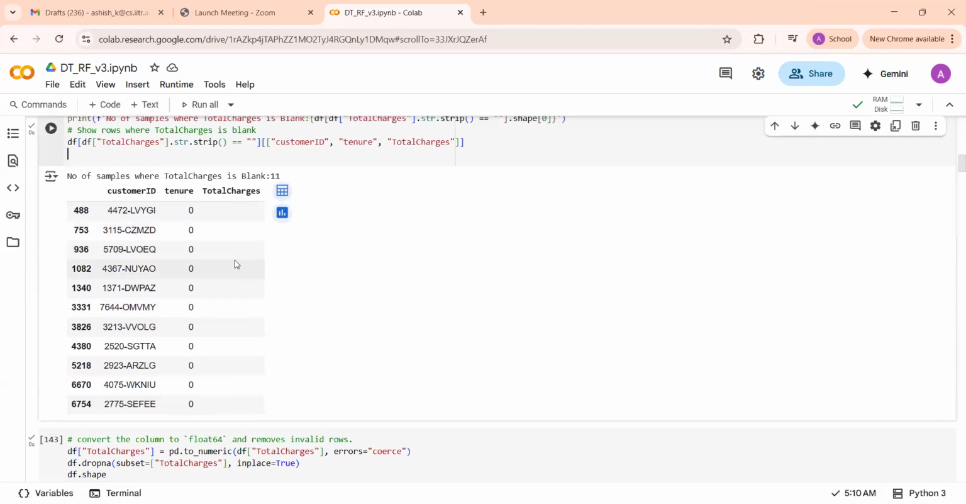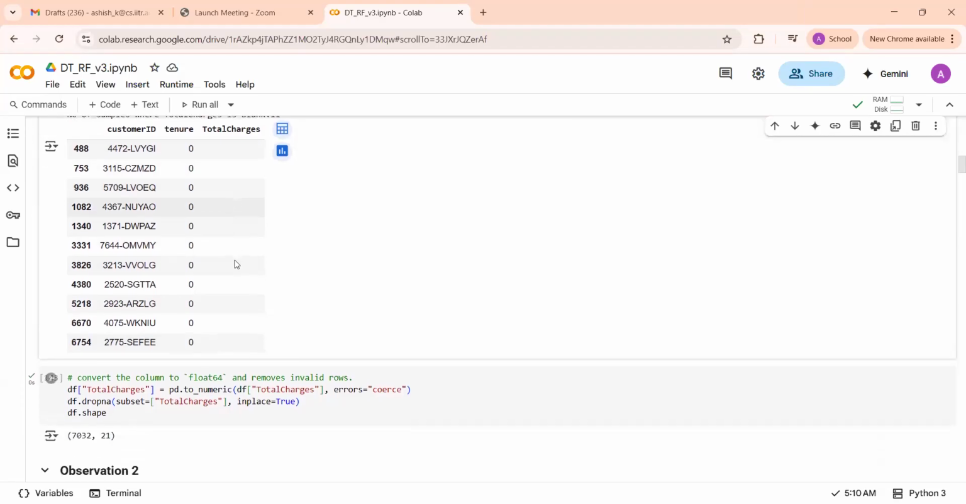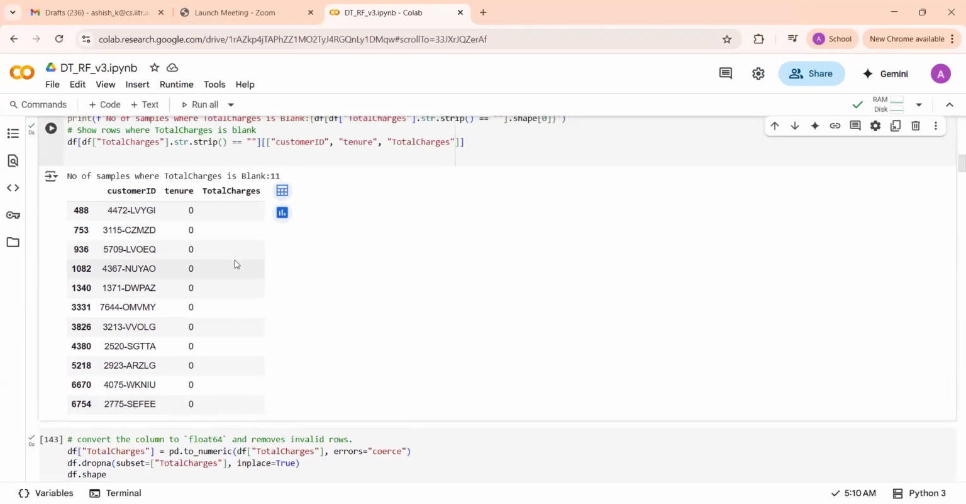Ashish, Sumitra has a follow-up on this one. So we have 11 rows here, right? We can find out by seeing that the senior citizen is the numeric one, and you try to convert that to category. But if it is a large bulk, then how do we find out which